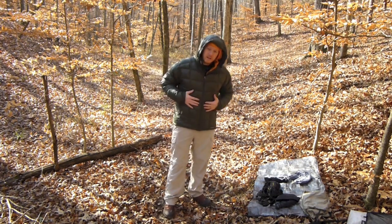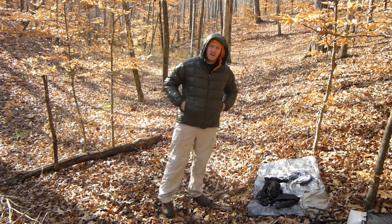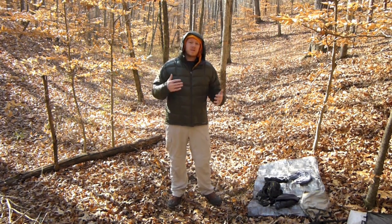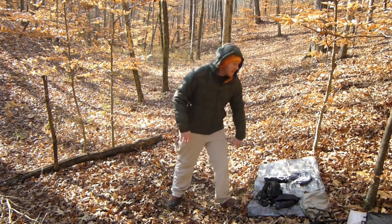Also, another reason I like to wear this on the outside is because this does have pockets. If I'm at camp, chances are I'm going to be walking around or I'm going to be sitting around with my hands in my pockets. If I have my windshield on the outside, I can't do that. So, if I'm still sitting around, maybe there's a little too much wind blowing, or maybe I'm just still cold, the last